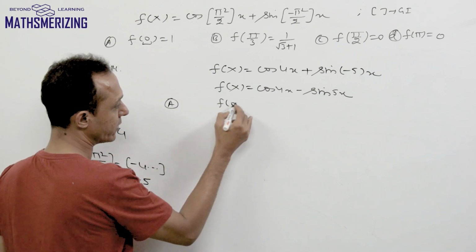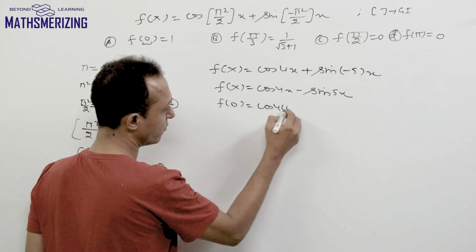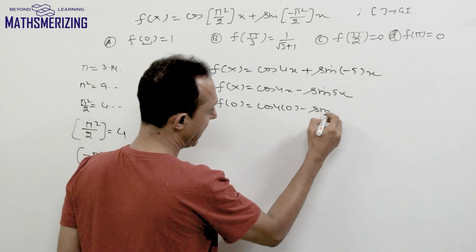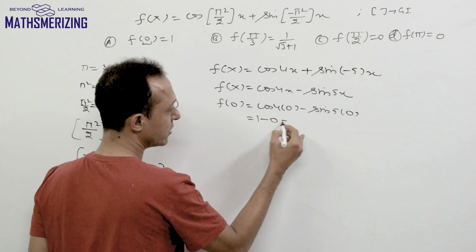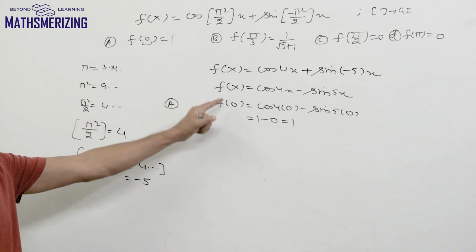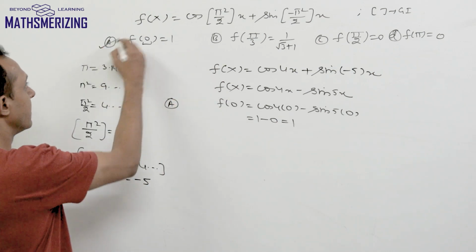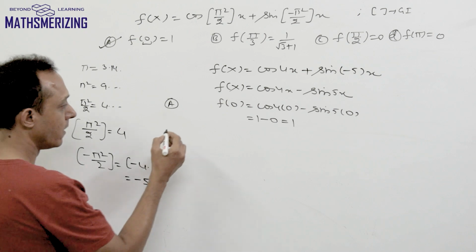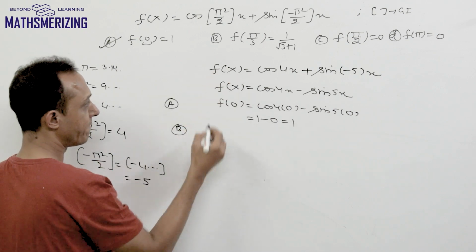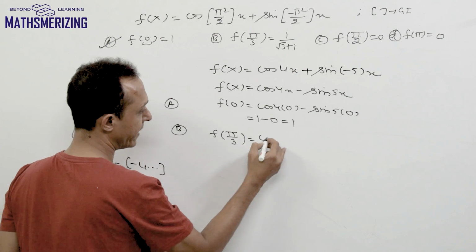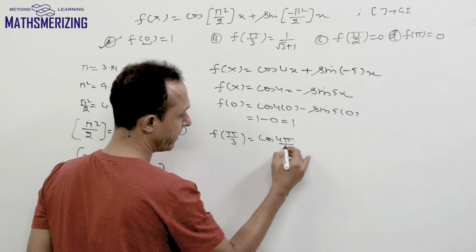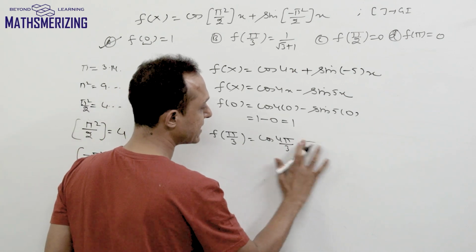So if I put x as 0, I can write it as cos 4 into 0 minus sine 5 into 0. Now cos 0 is 1 and sine 0 is 0. So it is 1. So the value of f(0) should be 1, which is correct. So option A is correct. What about option B? f(pi by 3). So I'll put the value of x as pi by 3. I can write it as cos 4 pi by 3 minus sine